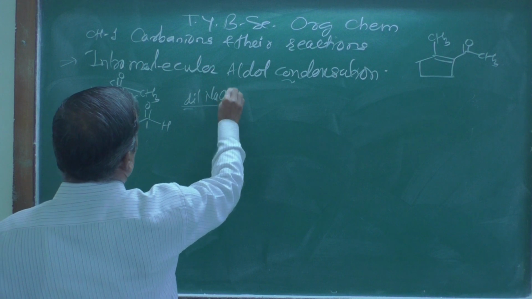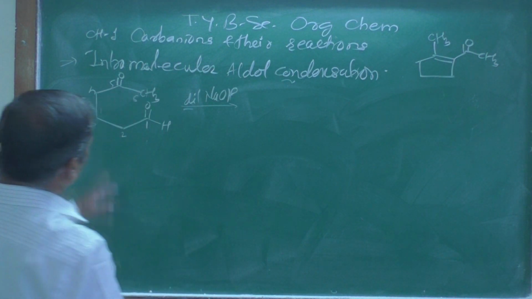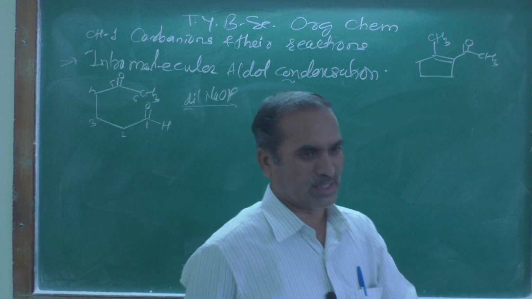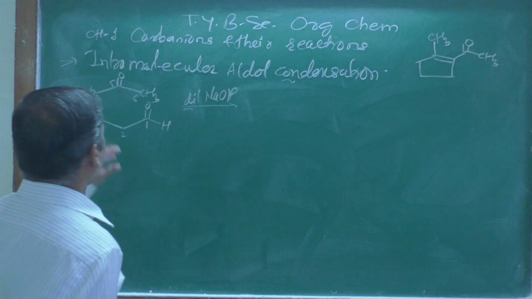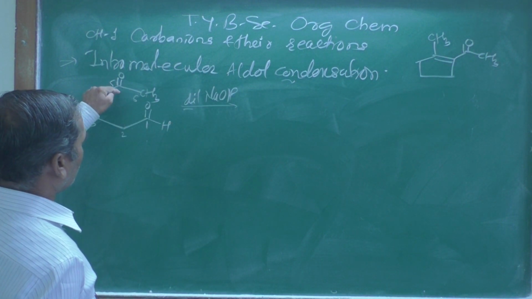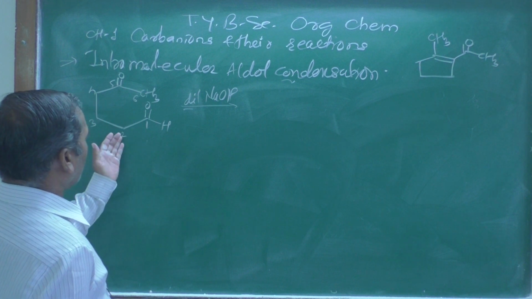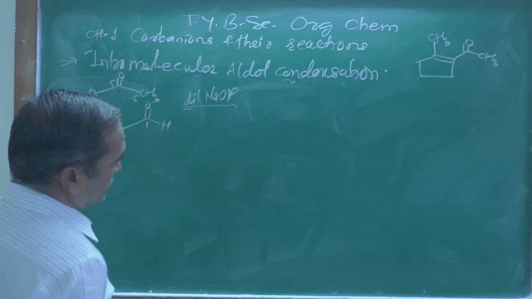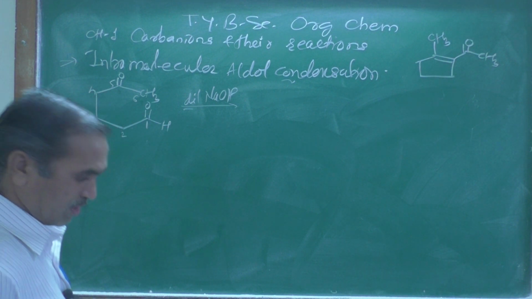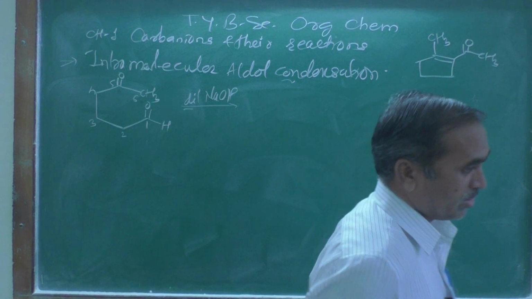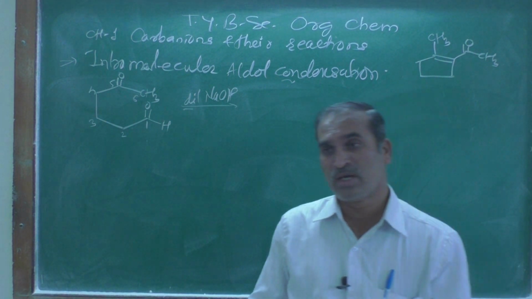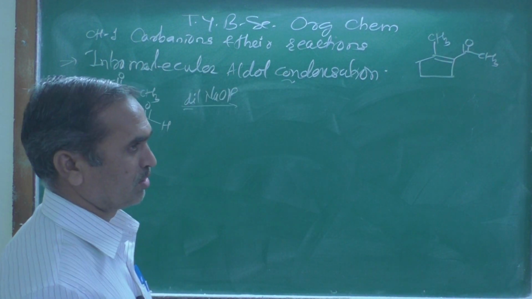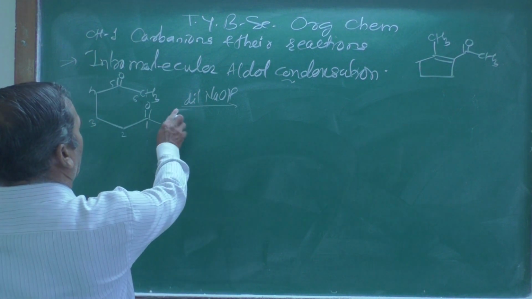and it will be treated with dilute sodium hydroxide, NaOH. Look here, this is a carbonyl group, and this is an aldehyde. This is something like a cross aldol type of reaction, because this is the ketone and this is the aldehyde group. The aldehyde also has an alpha hydrogen atom here. Here also there is an alpha hydrogen atom, and which alpha hydrogen atom is going to be abstracted decides the formation, and as we know the 6-membered ring is preferred over the 5-membered ring according to Baeyer strain theory, and therefore